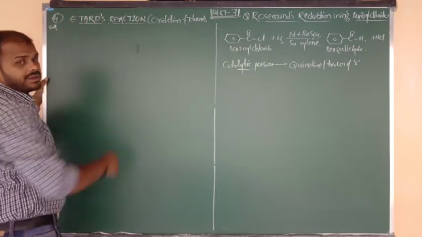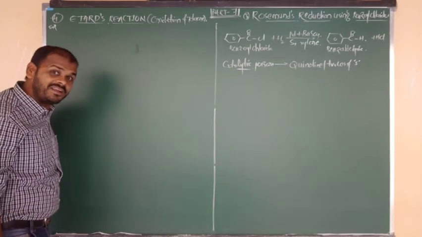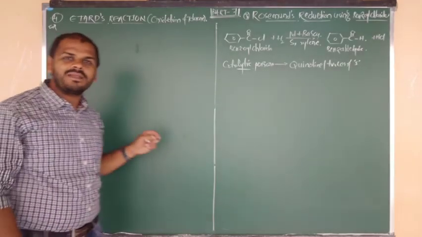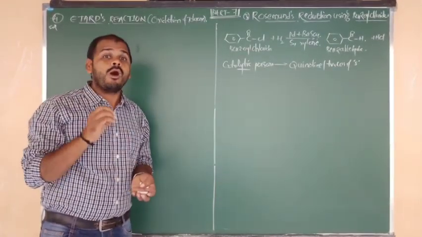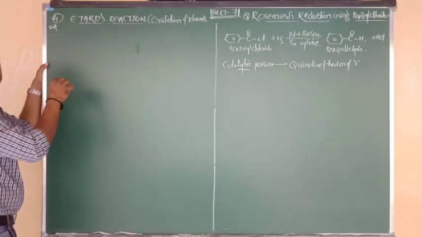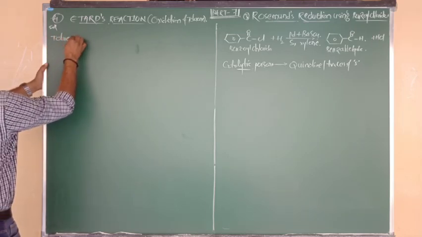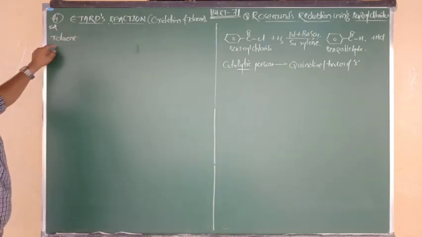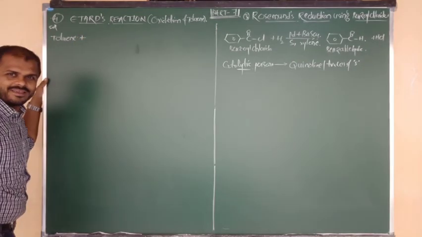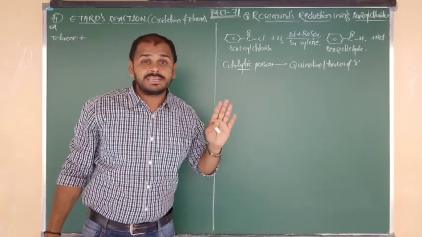Actually, in that Etard reaction, the starting material we have to take is toluene. So such toluene undergoes oxidation. So in the Etard process, what will happen? Toluene will undergo oxidation. So how does toluene undergo oxidation? That I am going to tell you now. First of all, I am going to take the toluene. Toluene upon oxidation. Oxidation takes place by using a very special reagent that is called Etard reagent.